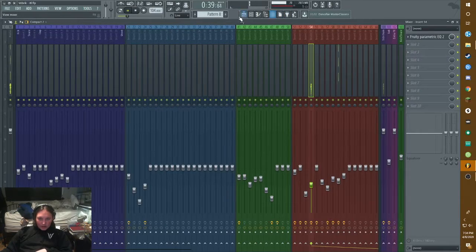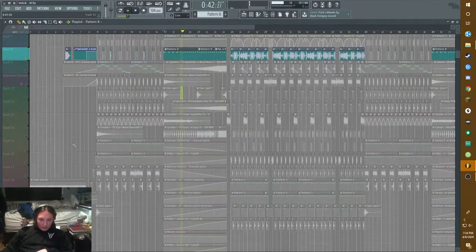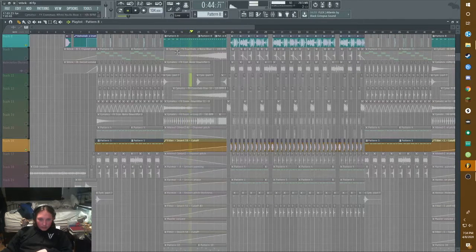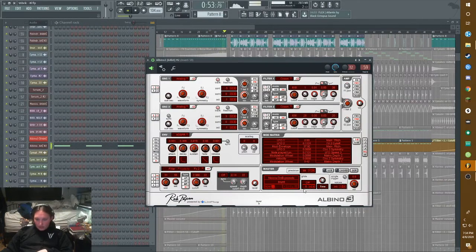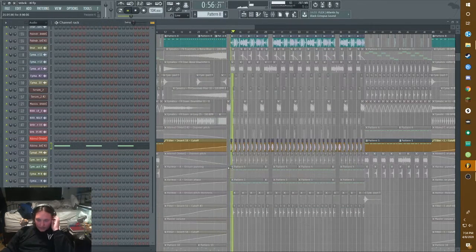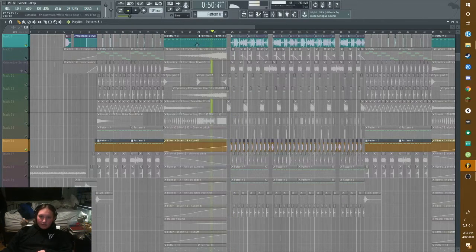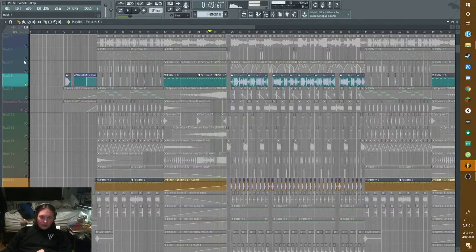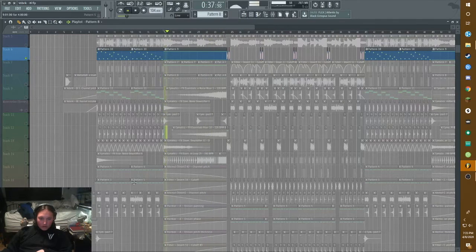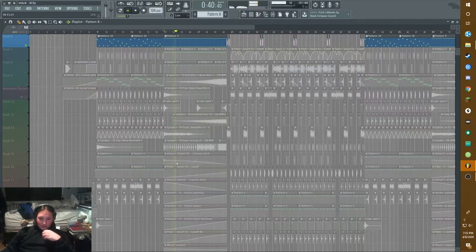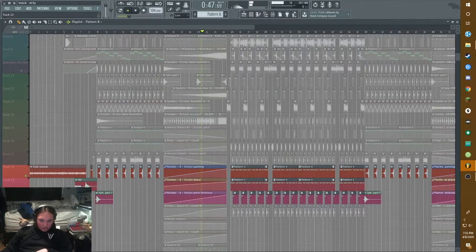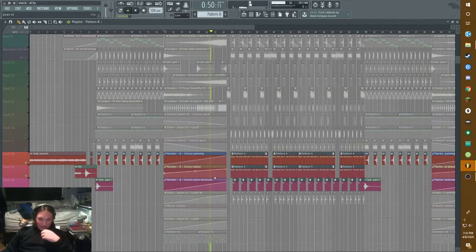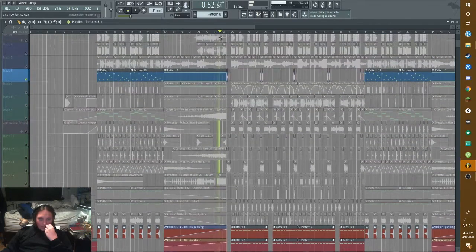Here we have some, I believe it was made in Albino. Yeah, it's a Noisia preset in Albino, which is just a really fat bass sound. Then we have this little riser I made in, I believe, Farmer. And it's essentially just running through the unison phase and panning and the thickness of the pitch and stuff.